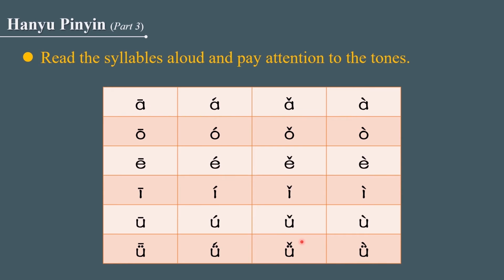Now let's read them again by column. A, o, e, i, u, ü, a, o, e, i,